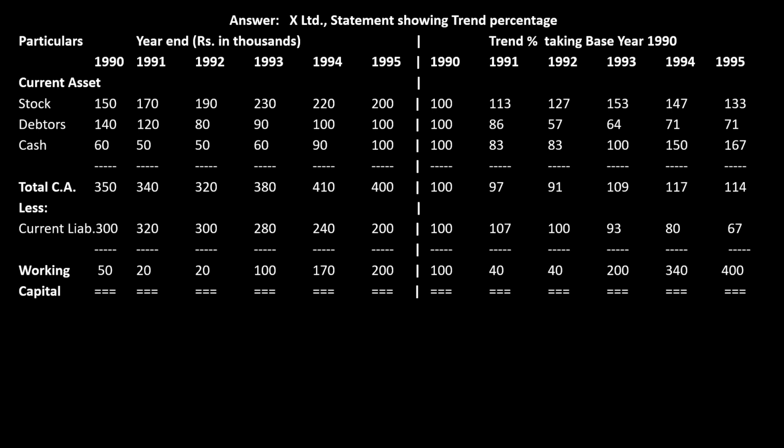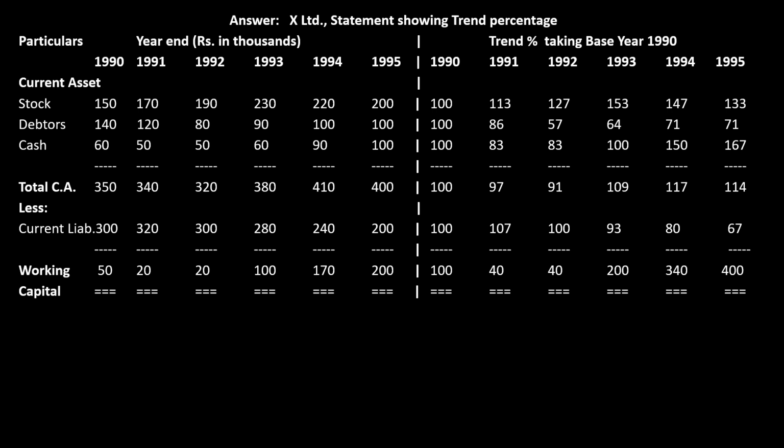In the sum, the value is given as 1,50,000. So I have written everything in thousands. Therefore, it's given a heading here: year end rupees in thousands, which means I can avoid the zeros. If I write all the three zeros here, 1,50,000 fully, there won't be space for me to do the sum. Therefore, I've written as in thousands, which means I can cut 3 zeros for all the items throughout the sum. Is that clear?